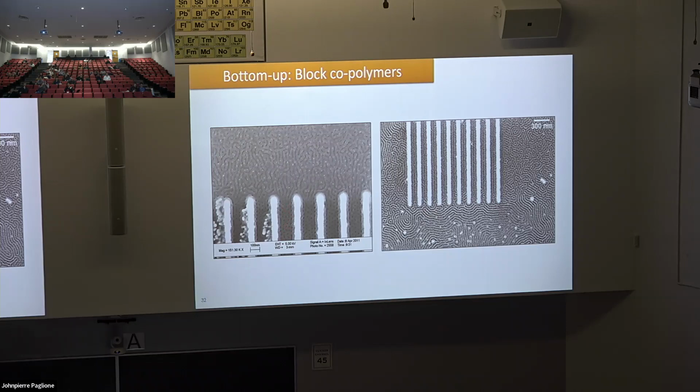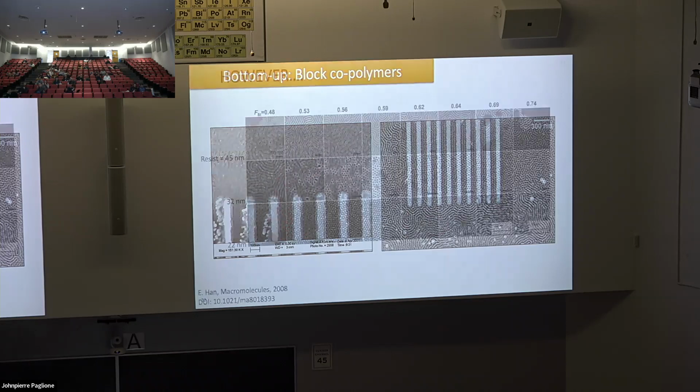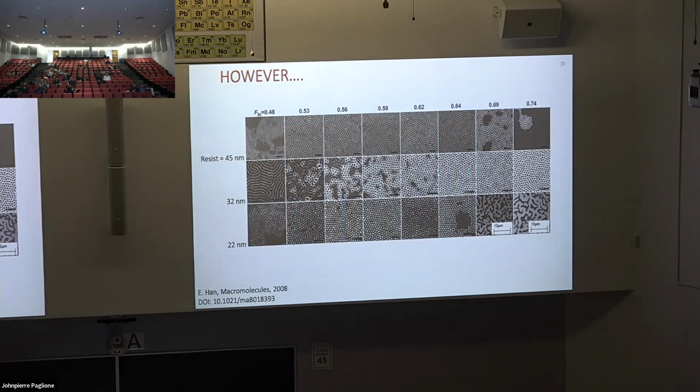But you can already see here, these are some guiding structures to help the resist, so you get holes embedded in the matrix. Here you get lamellas, and it's clearly very dependent on the local environment. And this is even more evident here. So this up to down is the same resist, but just different thicknesses. And you can see how slight changes in the thickness of the resist completely change the morphology. And then if you have slight changes in the ratio of the two ends of the polymer, that also